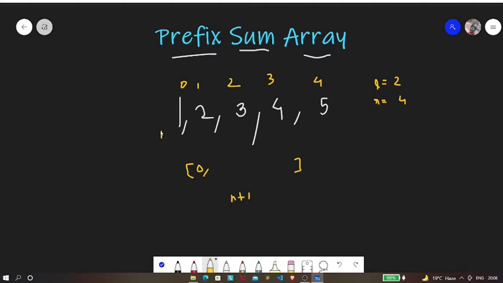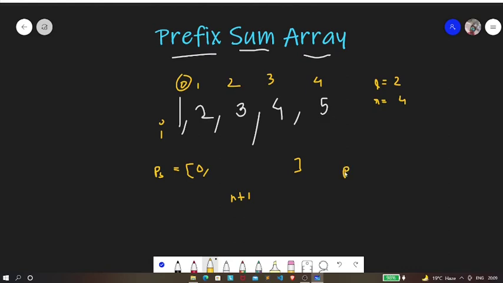Now we'll have a pointer I, which is currently pointing to index 0. Just like the summation, we'll be performing operations. Let's consider this to be PS, which means the prefix sum array.